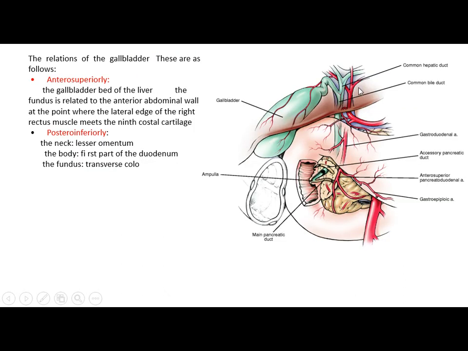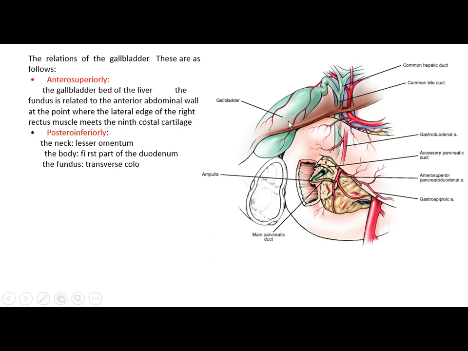The relations of the gallbladder: anteriorly and superiorly is the gallbladder bed, and it is related to the anterior abdominal wall at the point where the lateral... Again? The anterior abdominal wall, the fundus. Yes. Is that related to the anterior abdominal wall? You are pointing to the body. The body is not related to the abdominal wall; it lies in the gallbladder bed in the liver. Okay. But anteriorly the fundus is related to the anterior abdominal wall, where the rectus muscle meets the 9th costal cartilage,